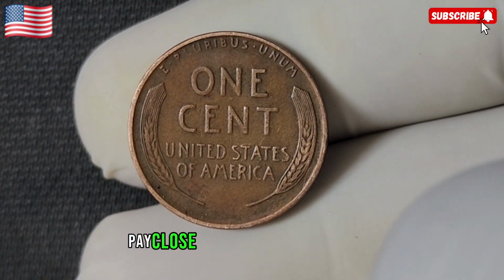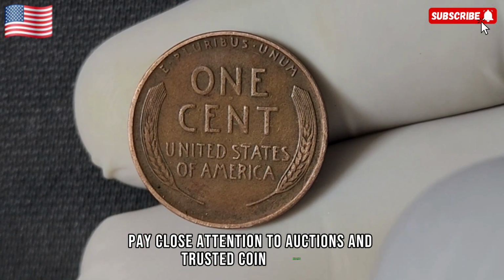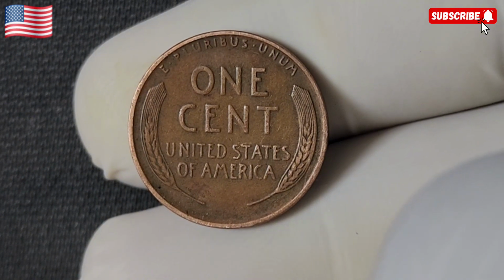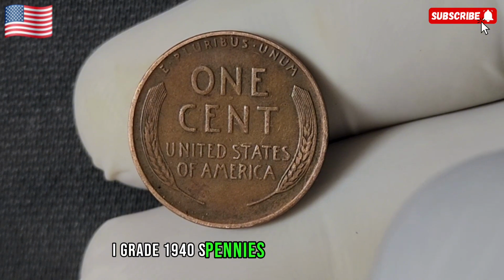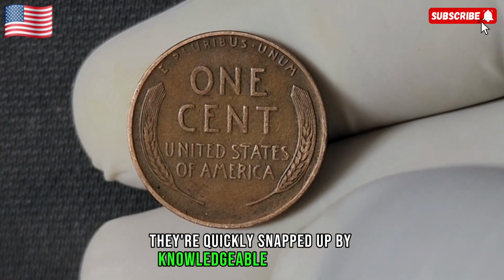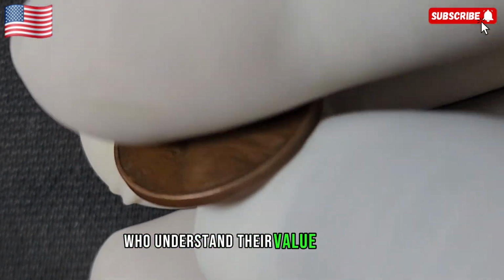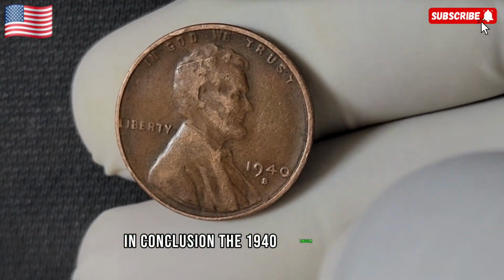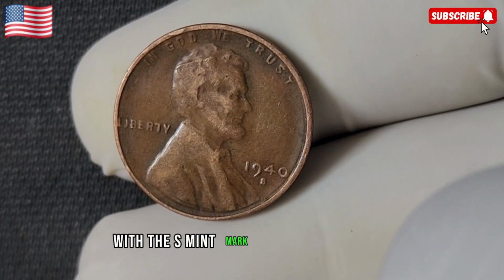Pay close attention to auctions and trusted coin dealers, and be ready when a rare opportunity presents itself. High-grade 1940s pennies don't appear often, and when they do, they're quickly snapped up by knowledgeable collectors who understand their value and long-term appeal. In conclusion, the 1940 Lincoln wheat penny with the S mint mark is a true gem